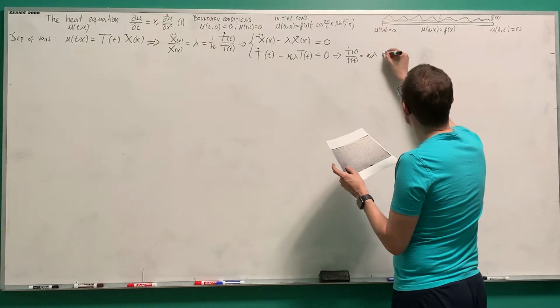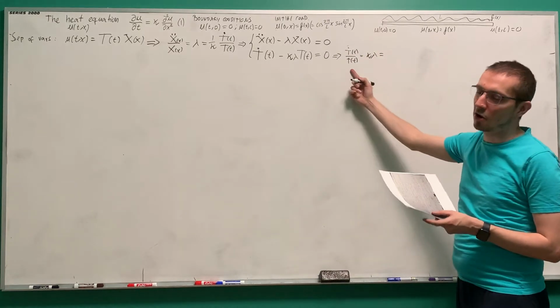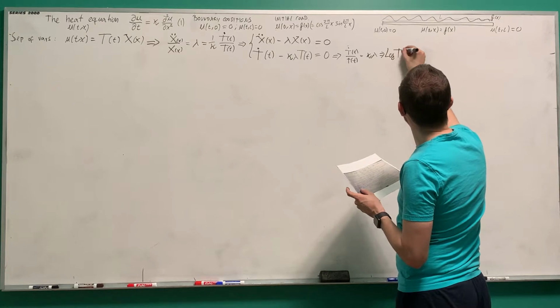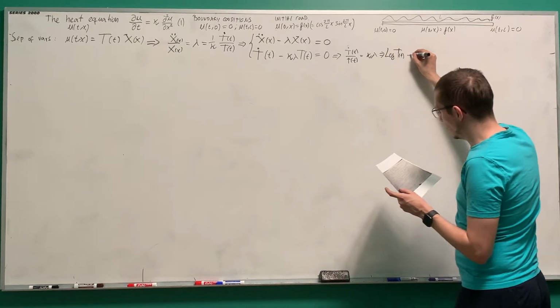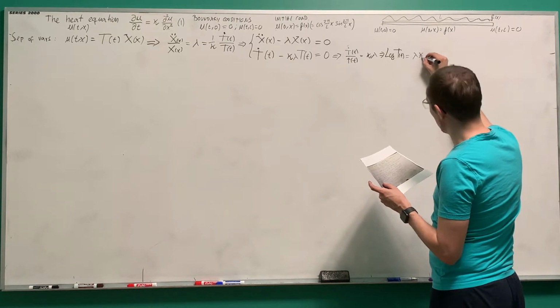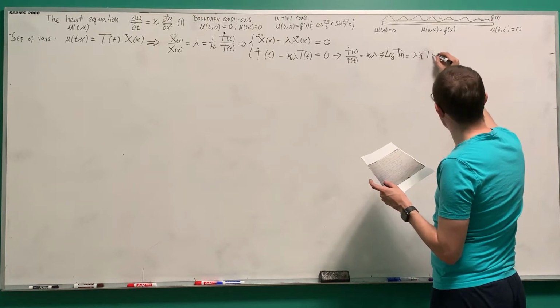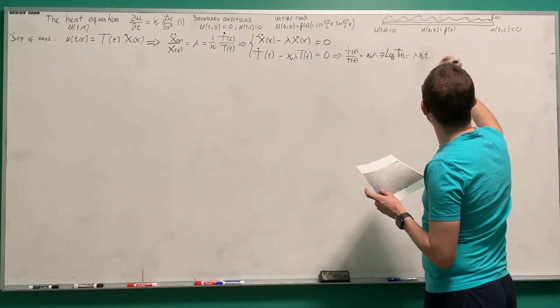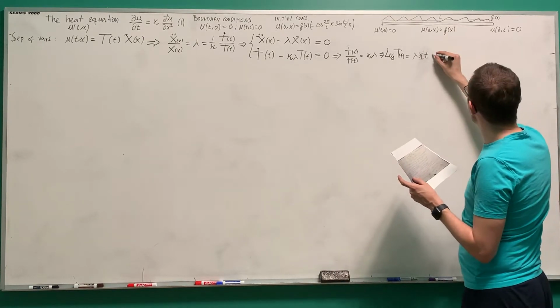And that means, you know, I integrate both sides, I get a log in here. Let's just write it, log of T is equal to lambda kappa small t, right, plus some constant,